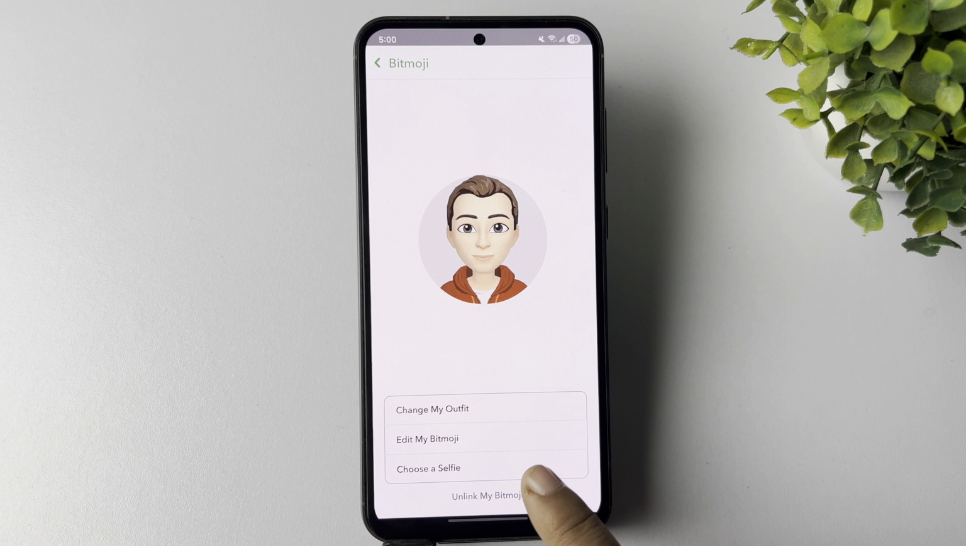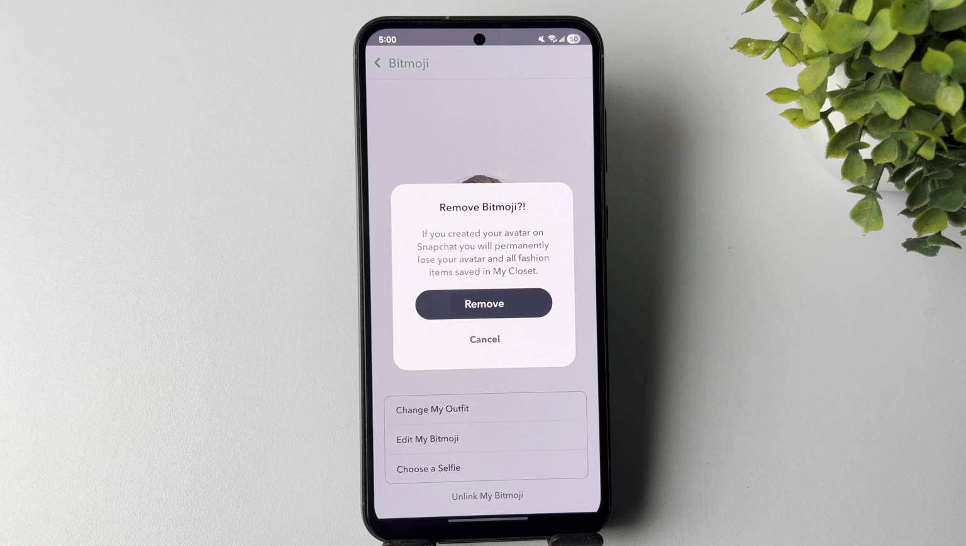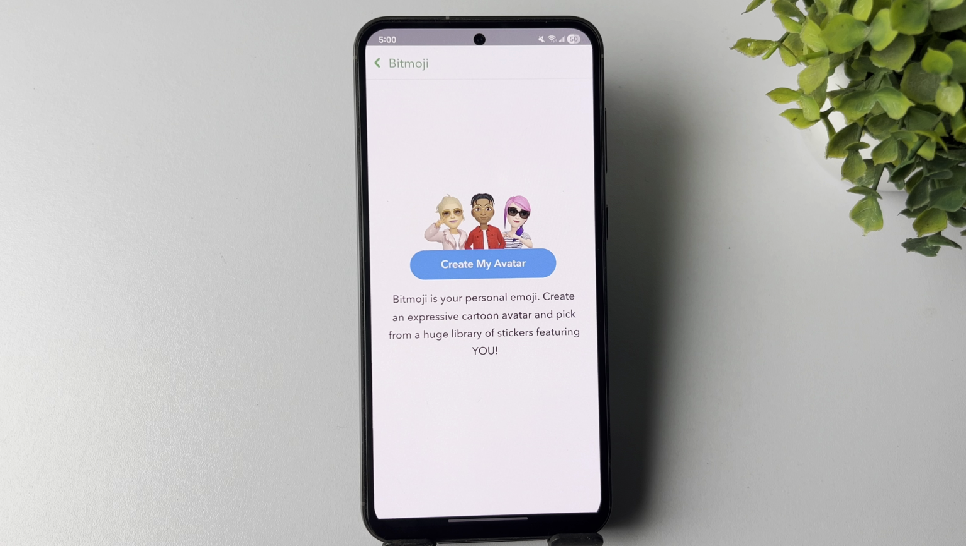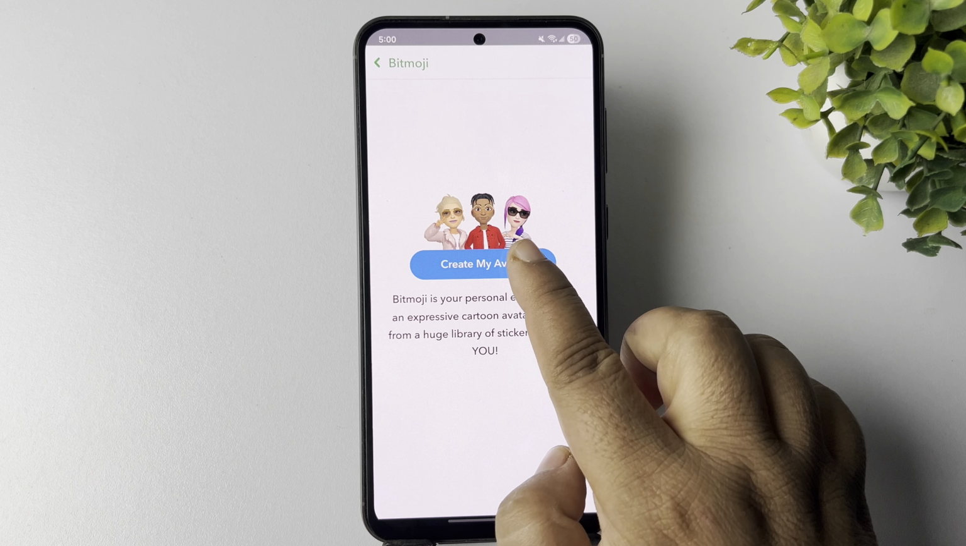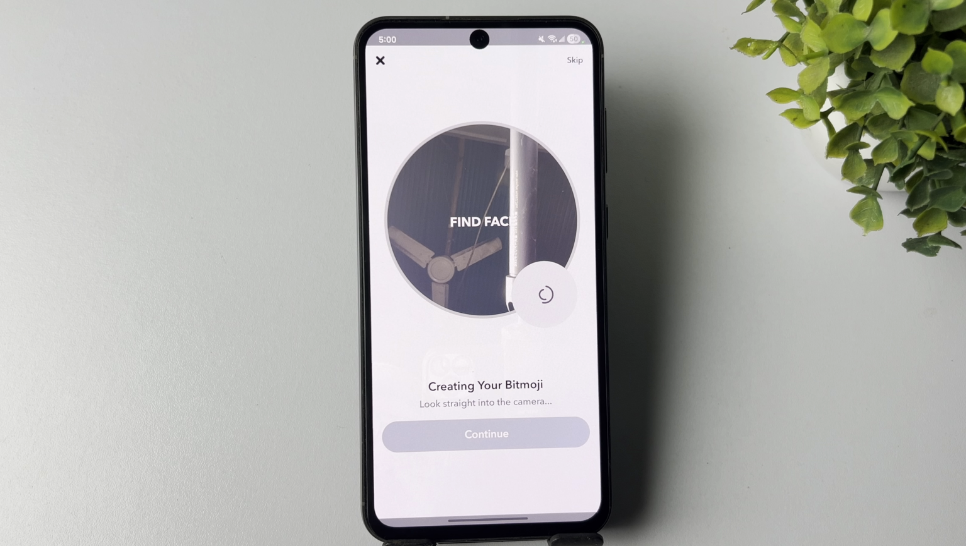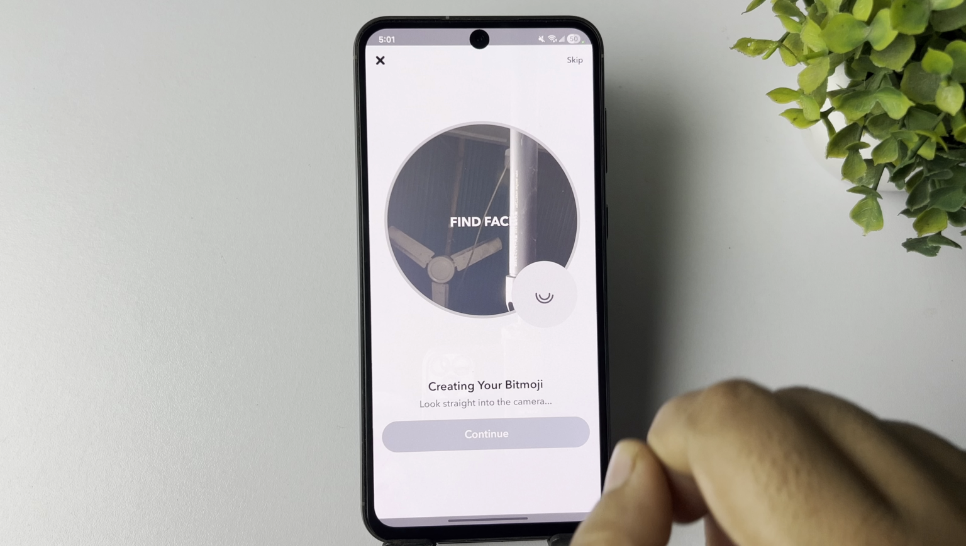So tap on unlink my Bitmoji. This will delete our Bitmoji from our Snapchat account. Once you successfully deleted, tap on create my avatar. Now you can just scan your face here, or you can select your gender from here. Let's select female and tapping on skip